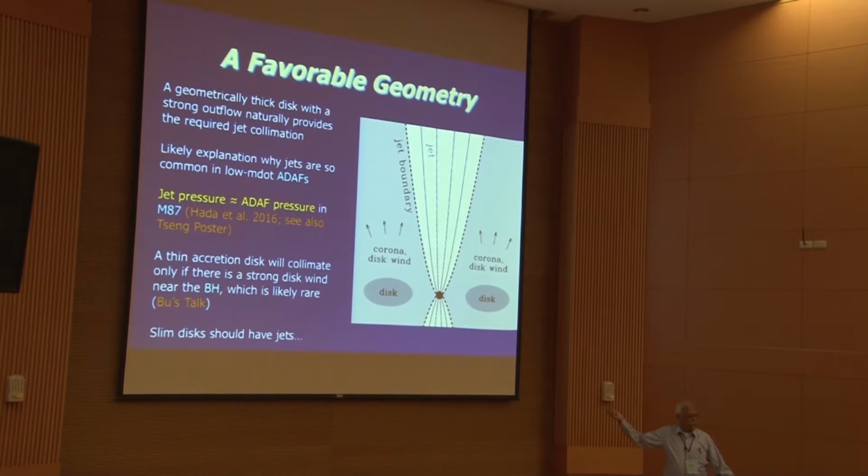This happens in the simulations. Any number of people have run these simulations. This thing automatically happens. The disk conspires in the right way to produce your collimated jet. Now we are beginning to see even some observational tests. So there is some recent paper by Hada et al. There's also a poster in the SENS poster. People are now beginning to